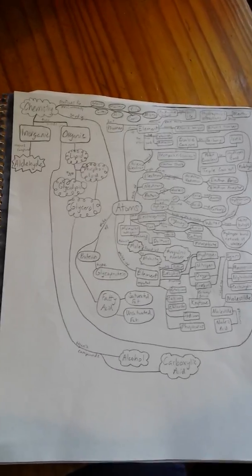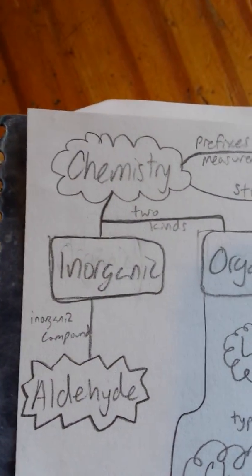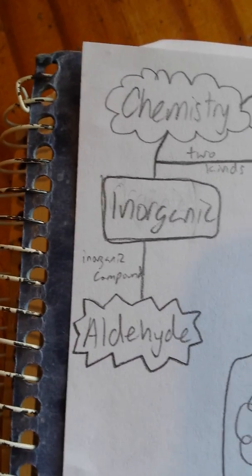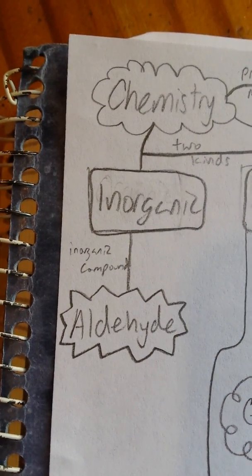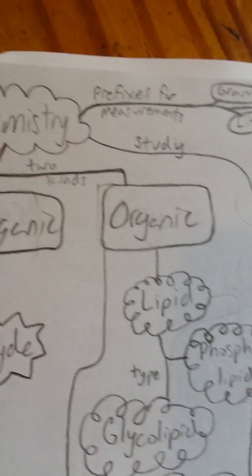Okay, here is my chemistry concept map. I'm going to start out here with chemistry. There's two different kinds of chemistry, inorganic and organic. Inorganic, for an example, there's an inorganic compound called aldehyde. For organic